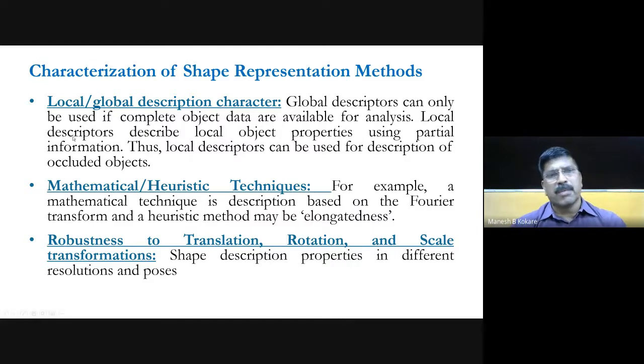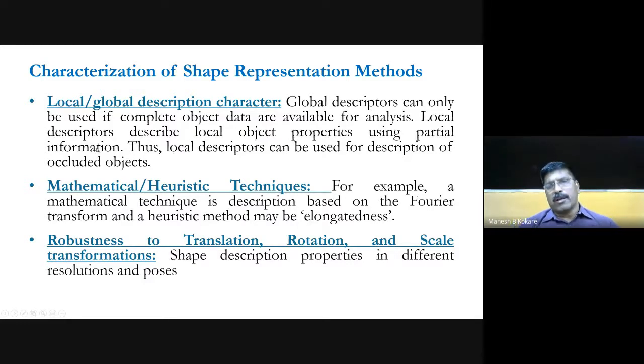Local descriptors describe local object properties using partial information. Means if you have partial information available about the object, then you can use the local method, and if you have the complete information available, then you can use the global method. Thus local descriptors can be used for description of occluded objects.